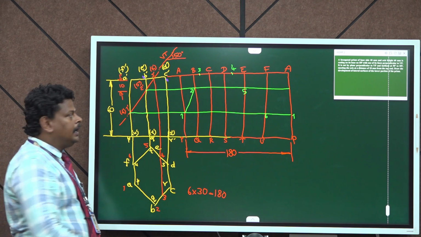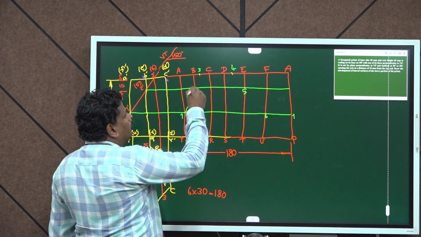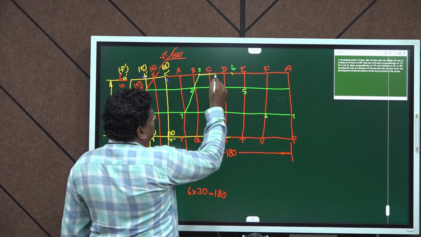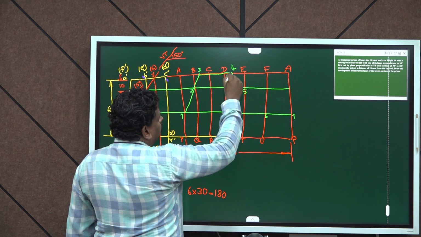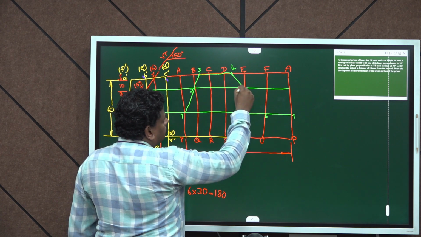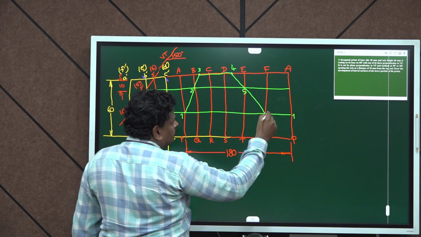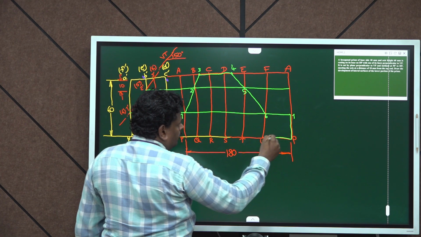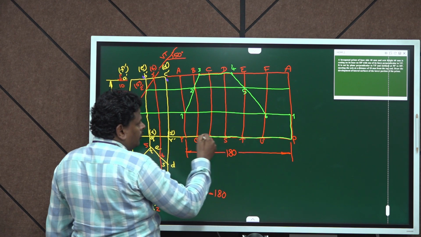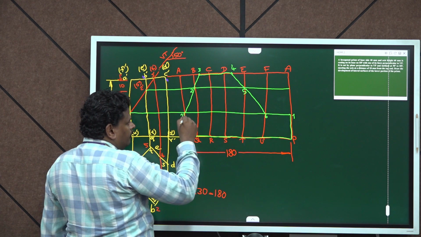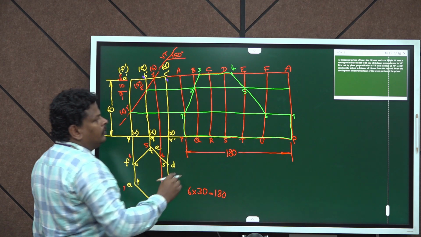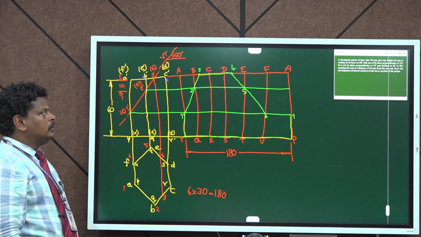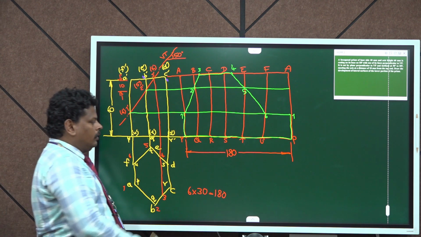So by using a scale we need to connect all these points 1, 2, 3, and from 3 we need to connect it to 4, and from 4 to 5, 5 to 6, and from 6 to 1, and the bottom portion will also belong to the development of the lower portion of the hexagonal prism as asked in the question. So this bottom portion